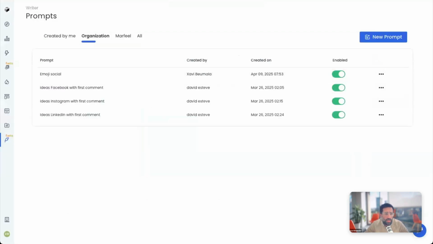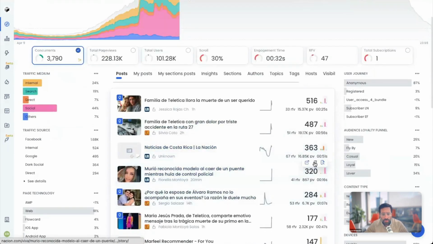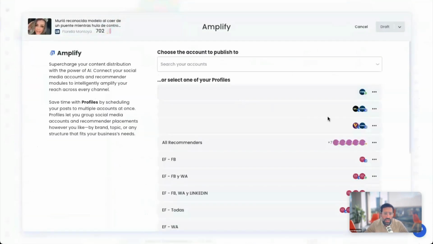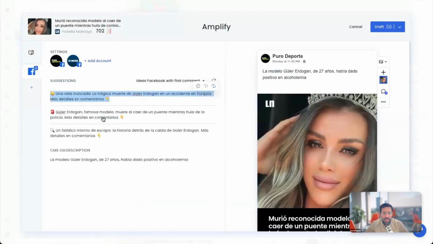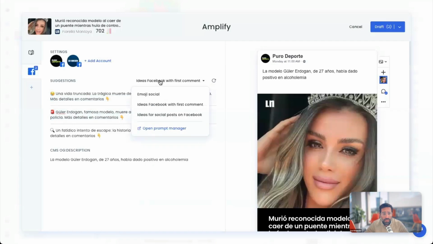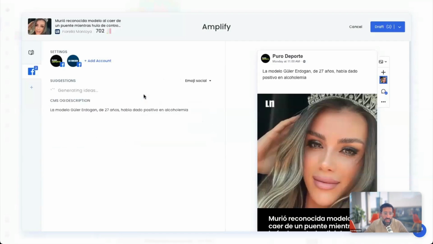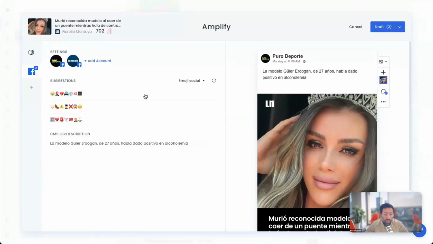So now let's take a look at whether this worked. I go back to the post that I wanted to amplify. I'm going to take this one, it doesn't really matter. I'm going to publish this to this profile. This is running the default prompt, but now if I just click here, I see the emoji social prompt that I created. So I click on this, and this is now running the other prompt, the one that you created. And boom, you see,